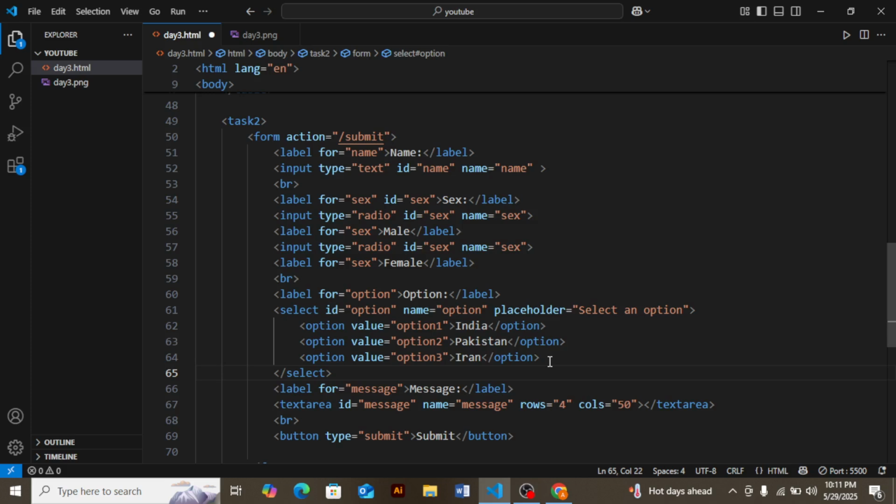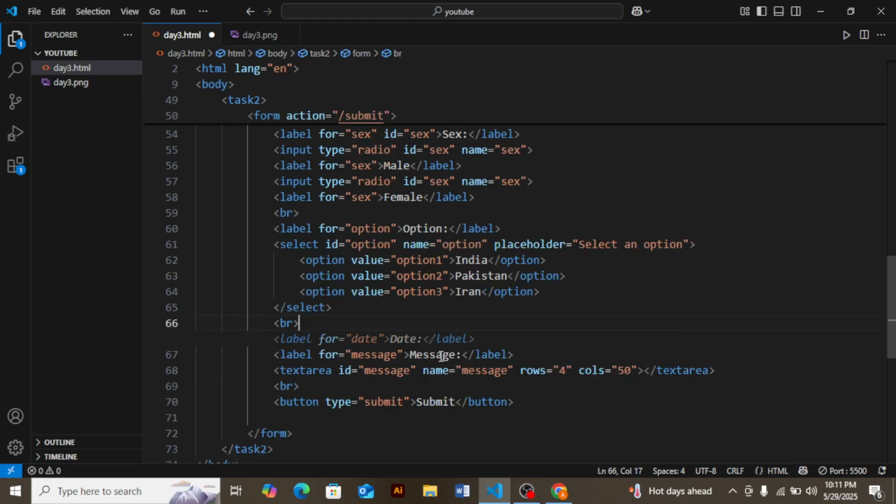Now we make the subscribe button. The subscribe button is beneath the message, so we make it under the message. Create the br tag here so it's separate.